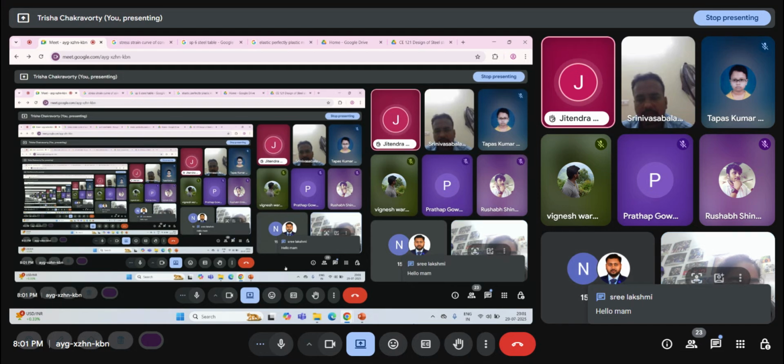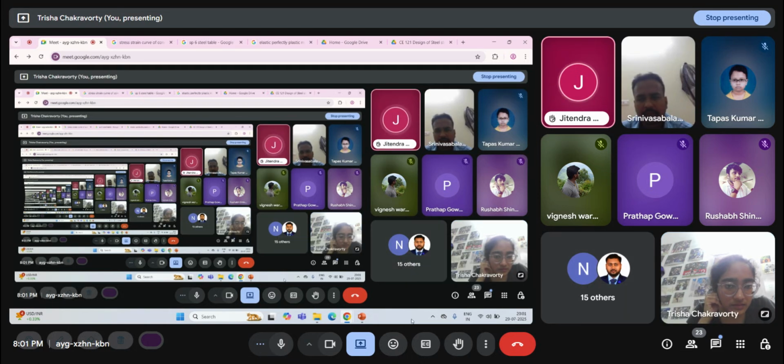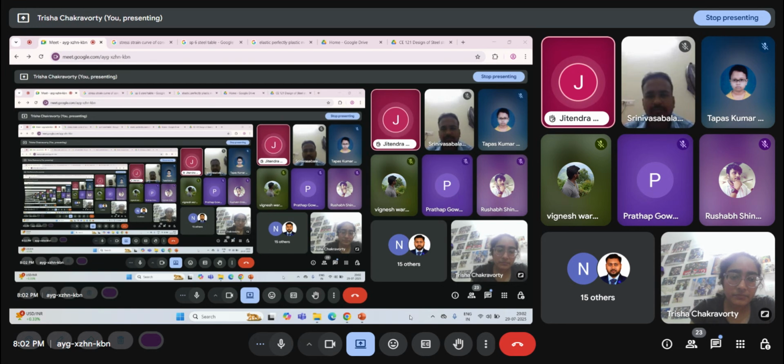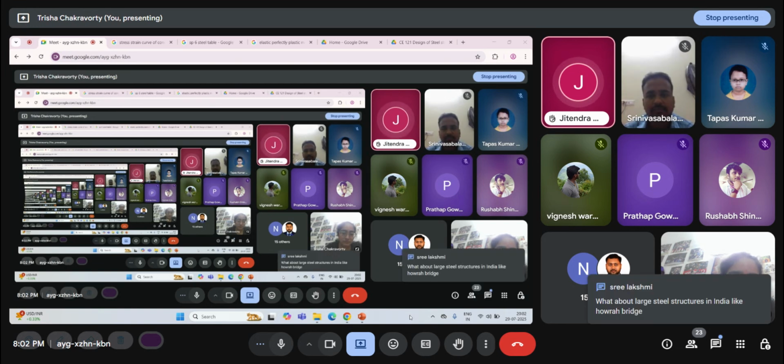Hello, ma'am. I just checked that questionnaire. After the week one lecture, there is a question paper, an assignment. The lectures are related only to the introduction of connections, members, and steel design. But in the questionnaire, there is a question like: what is the pitch of the bolt as per the code? It is a reference to the IS code. So I want to read all of the IS 800 code first, and then answer.